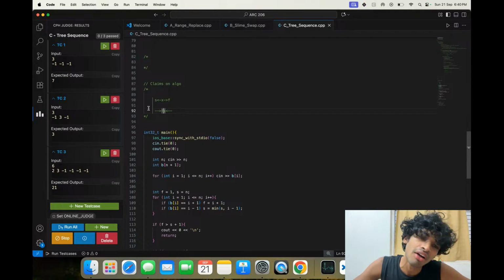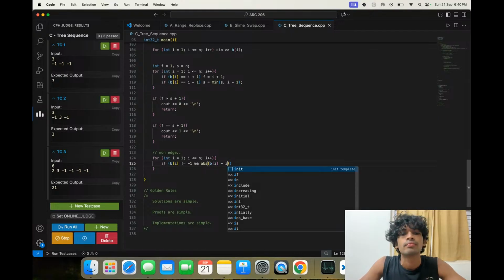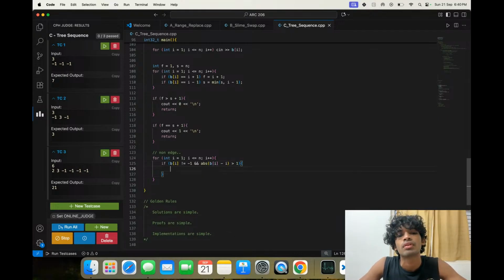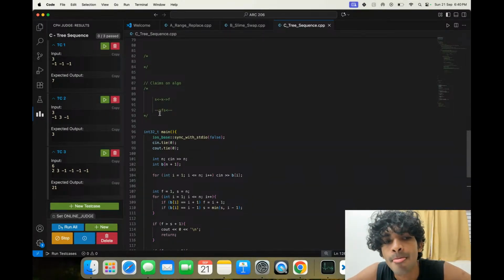So now, if you have one non-adjacent thing, that fixes everything. So now that you know these are all perfect, if you have one non-edge, that non-edge,